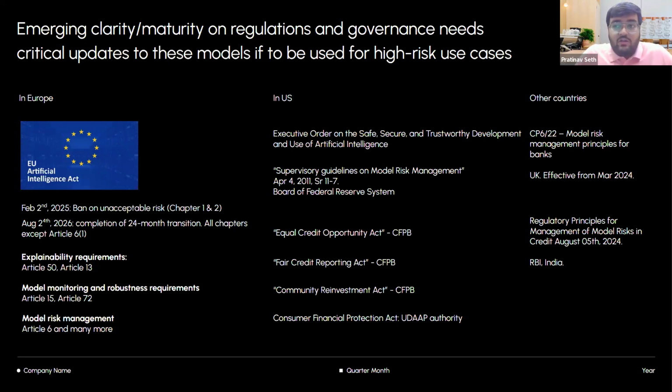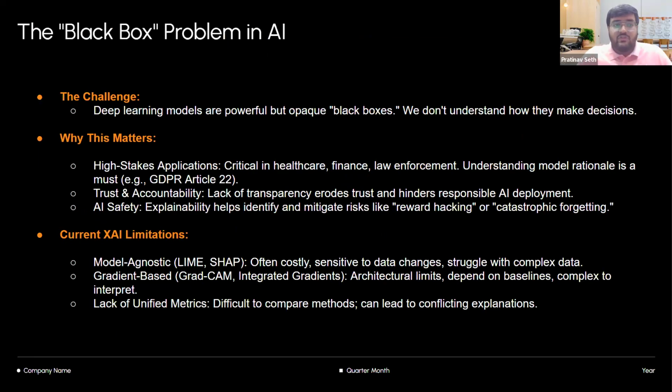So there is a realization among different governments that, with the use of AI in everyday life, there are regulations and governance that these AI models should align with. This comes with the basic problem in AI models, which is black box models. We know these models work great, but how they come up with these decisions is problematic. The reason is that all of these are based on something called a neural network, and with a million parameters, or a lot of operations happening inside these models, it makes them black box to interpret.